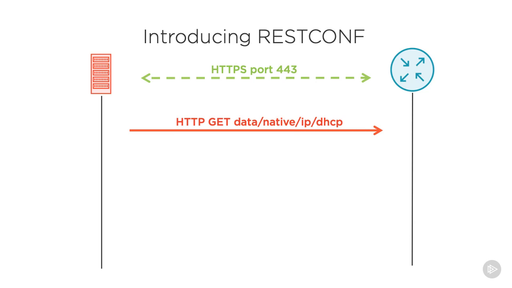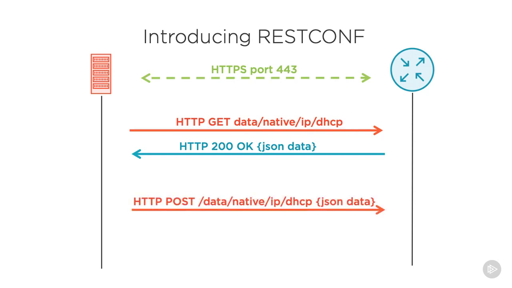RESTconf is basically a REST API with resources arranged in a way that follows a Yang model. We've talked a lot about REST APIs in previous courses already. The server responds with standard HTTP status codes such as 200 for OK, along with the relevant configuration data in the correct Yang structure. It can return either XML or JSON encoded data. I typically prefer JSON, especially when using it within the context of network automation. It's just easier to convert into Python structures.